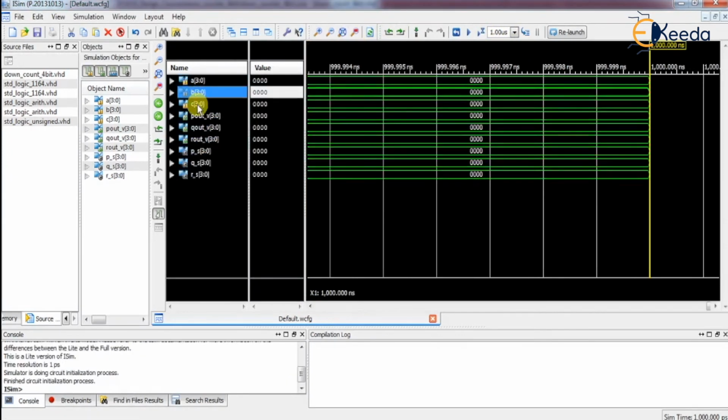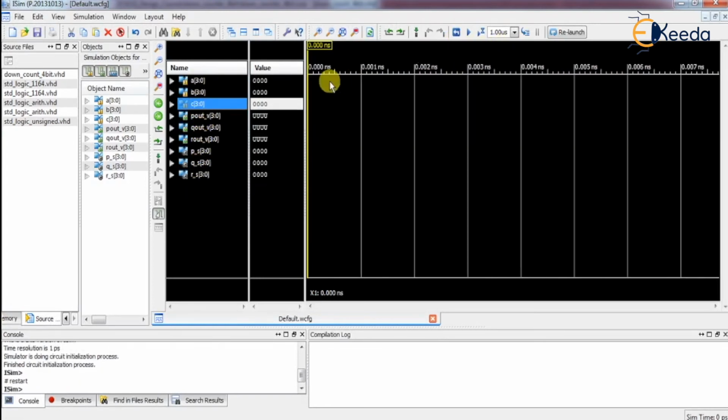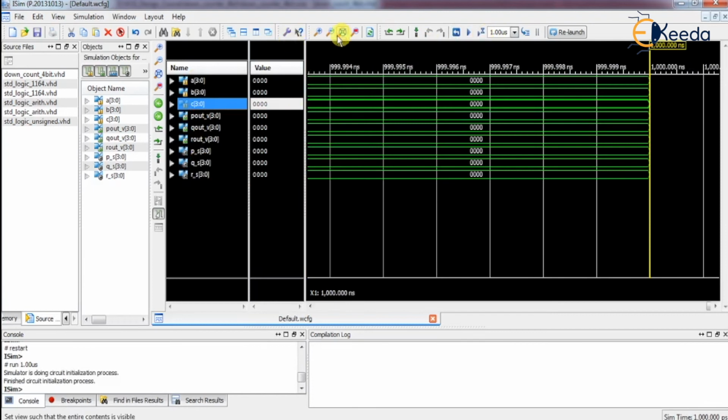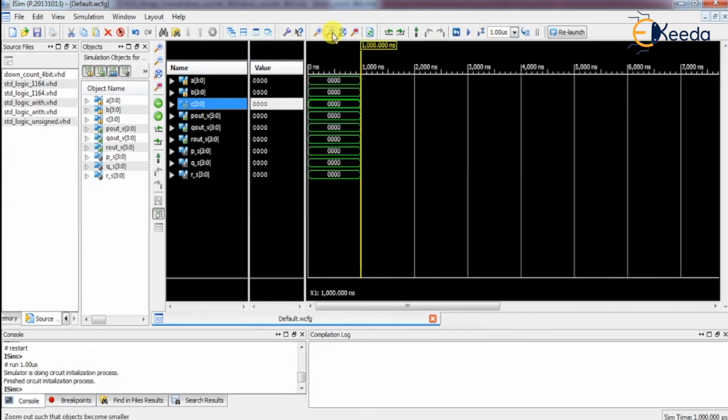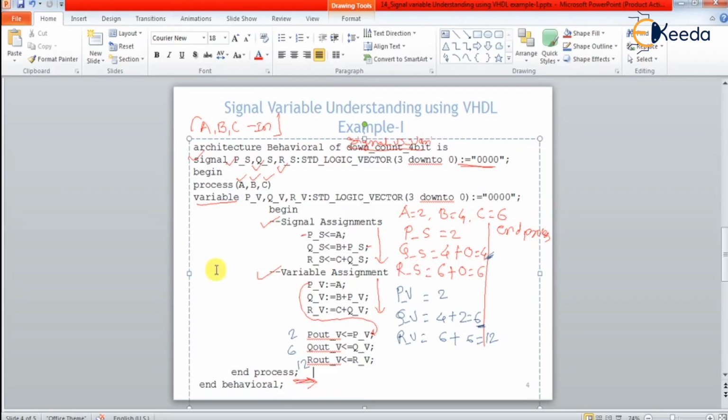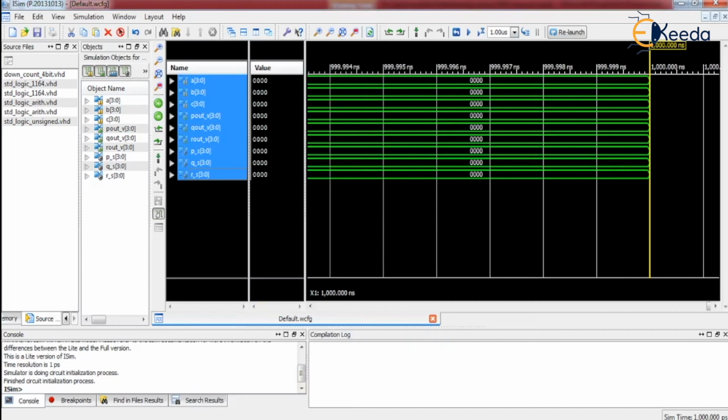Actually, we forgot to initialize the values of A, B, C, so it is not taking the initial values. Let us start again. Everything is 0. Now we'll assign our initial values: A is 2, B is 4, C is 6. Let's simulate it.